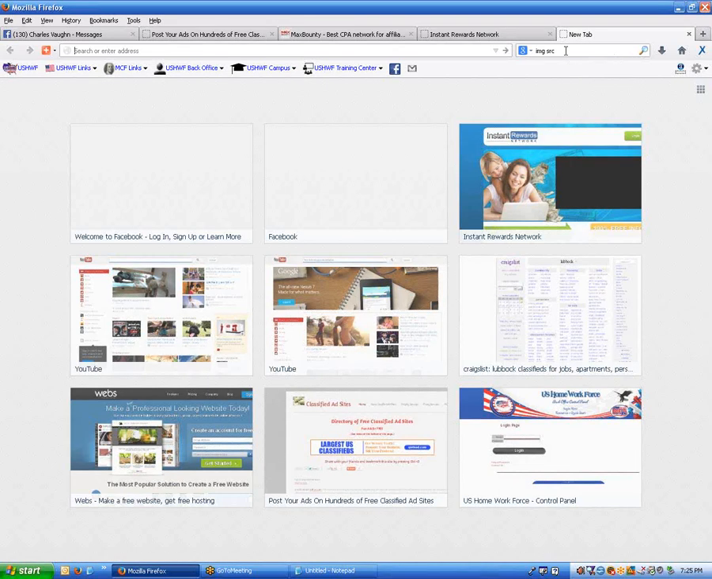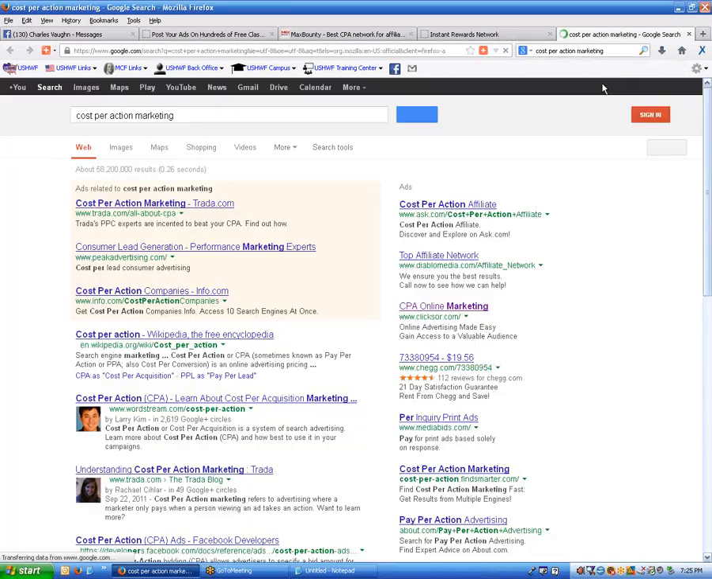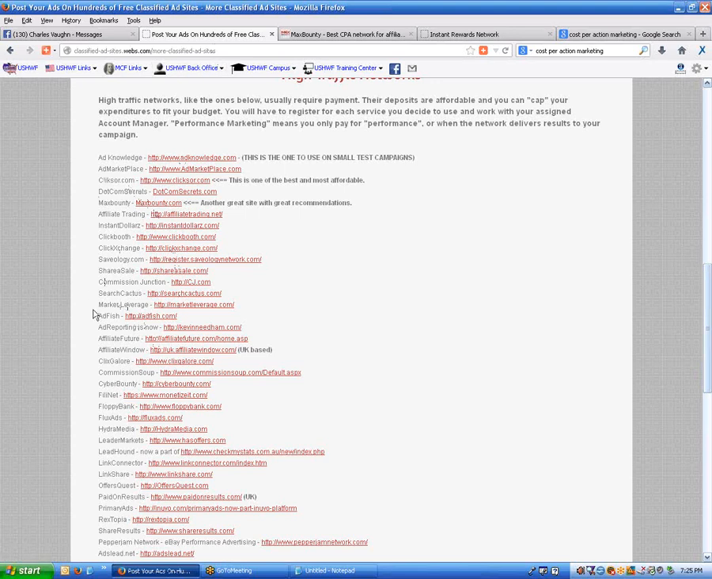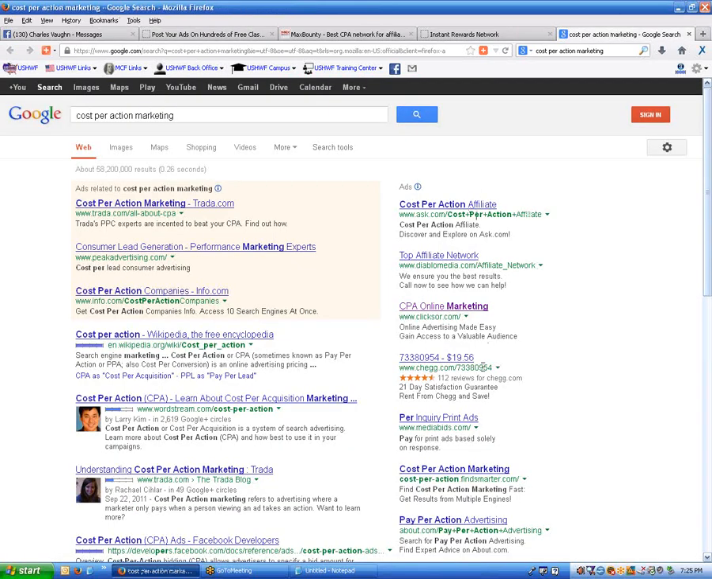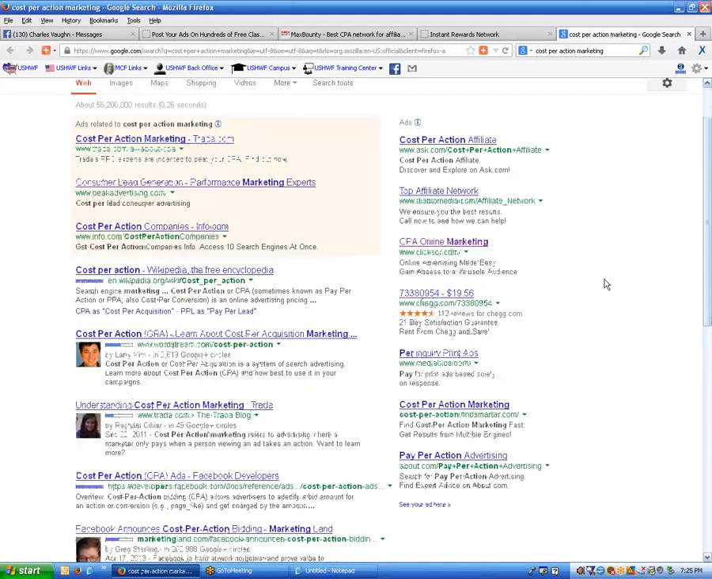So if you go into Google and search cost per action sites, cost per action marketing, your first three up here are paid ads. They are being plugged in by a lot of these networks. The ads over here on the right hand side will either be plugged in by the networks or by AdSense. The cost per action marketing, or what they sometimes refer to as performance marketing,